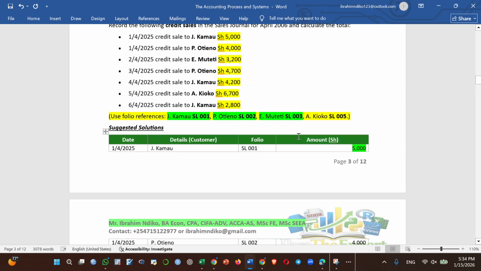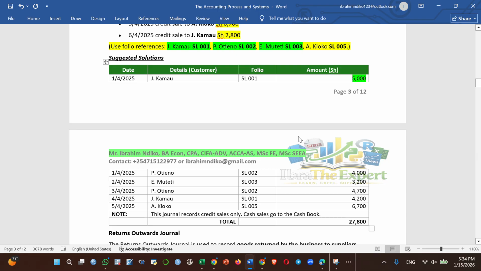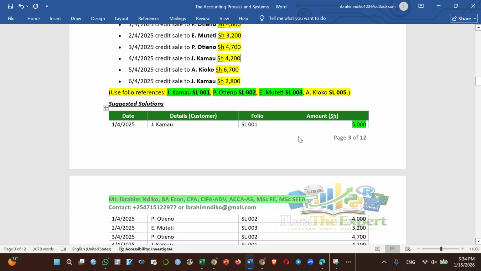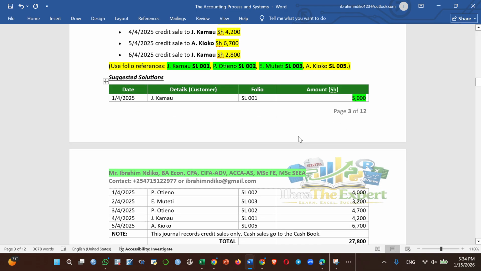So let us confirm. The first transaction was for 5,000, that is okay. The second one was for 4,000, that is okay. The next one was for 3,200, that is okay. The third one was for 4,700, that's okay. Then for 4,200, that's okay. Then 6,700,